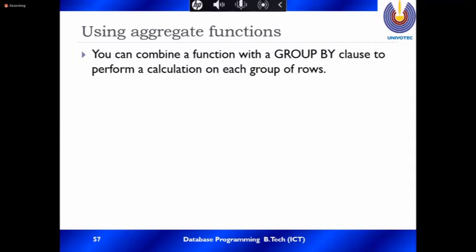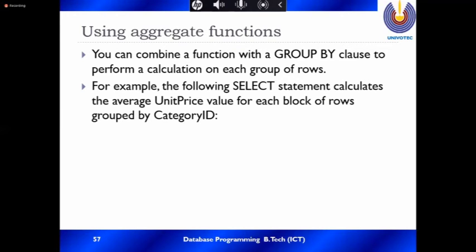You can combine the function with the group by clause to perform the calculation on each group of rows. For example, the following select statement calculates the average unit price for each group of rows, group by category ID. Sometimes you want the total amount of registration fees.